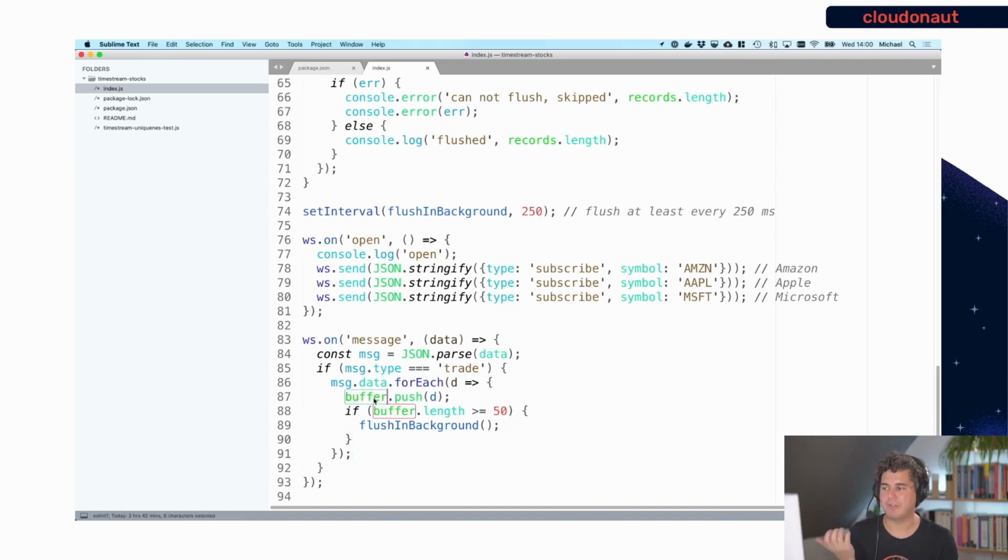So I have a buffer, which is just an array. I just add this element to the array, and then I check if the buffer is longer than 50 elements. I flush the buffer in the background, which means that the system is going to work on this while new data is arriving. And on top of this, I also specify that every 250 milliseconds